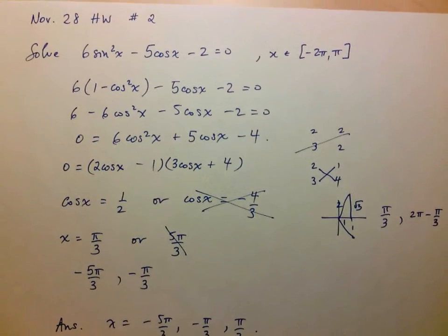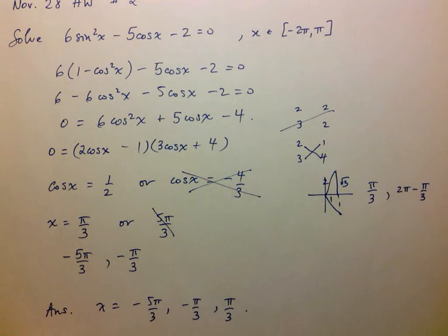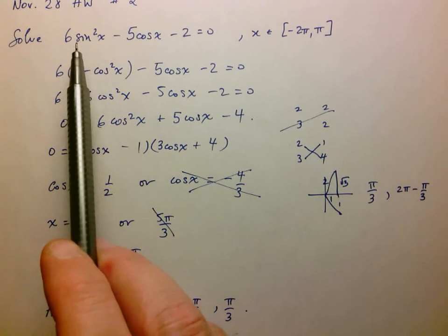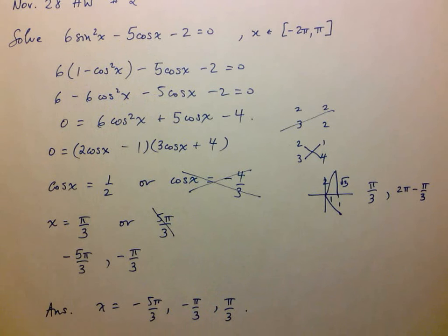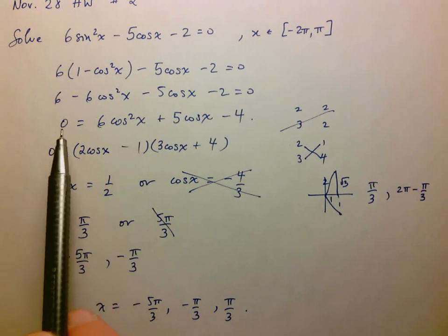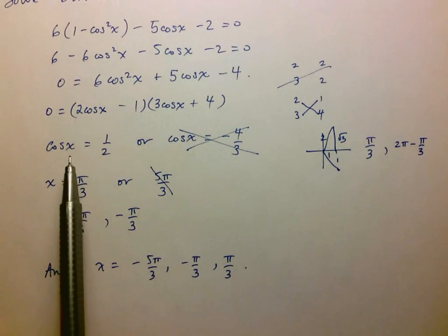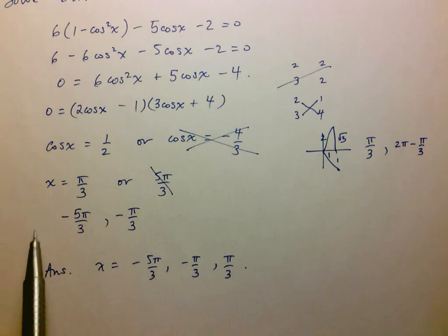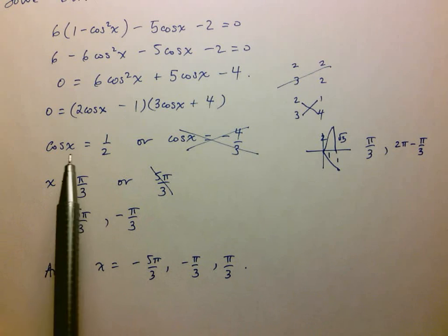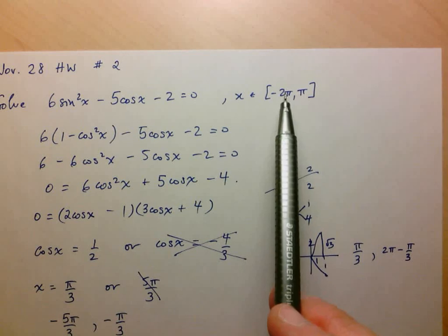Okay, so just to recap, step number 1 is I have to try to isolate my trig ratio. In this case here, that took quite a bit of work. Number 1 was to realize that I needed to use my Pythagorean identity to get all the same trig ratio. Number 2, recognize it as a quadratic trigonometric equation, so get it in the right form, factor, solve. Okay, now that I have my isolated trig ratio, determine my 2 possible answers. Okay, in this case here, x didn't need to be solved for, it was already isolated, and use the period, in this case here 2 pi, to determine all the possible answers which land in my